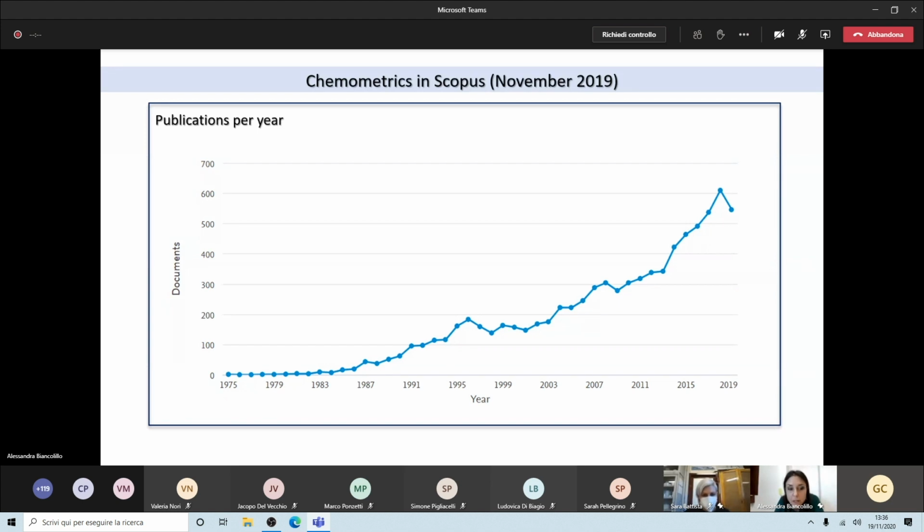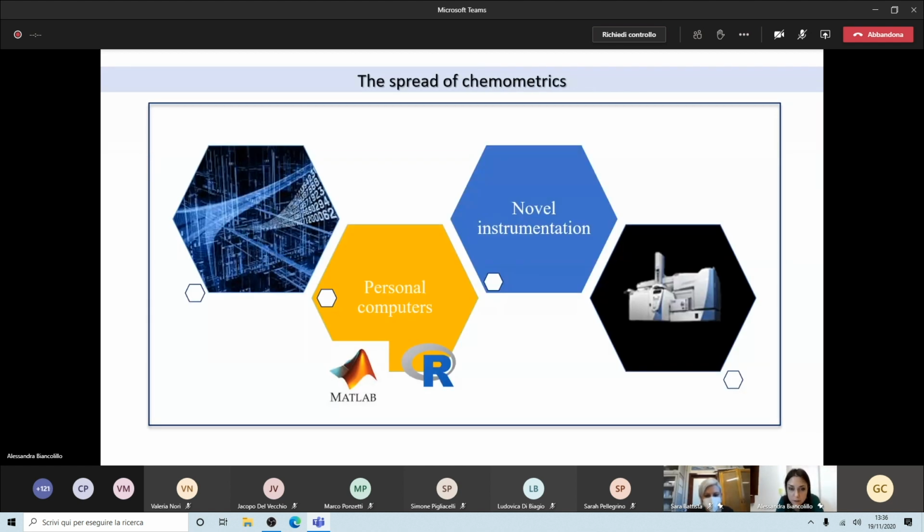In fact, chemometrics was born in the 70s, and as you can see here, where I have reported the publications per year from the 70s to nowadays, chemometrics has attracted attention, in particular in the last 30 or 40 years.